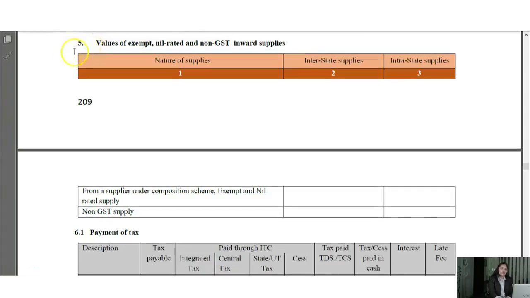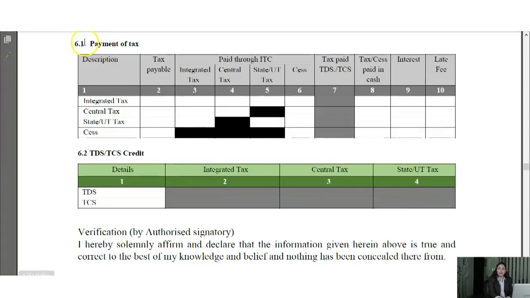Next, now coming over to point number 5. In this point, the user has to specify the values of exempt, nil rated and non-GST inward supplies and also non-GST supplies like ATF, petrol, etc. received from the suppliers. In point number 6, the user has to mention the details of tax payable under IGST,